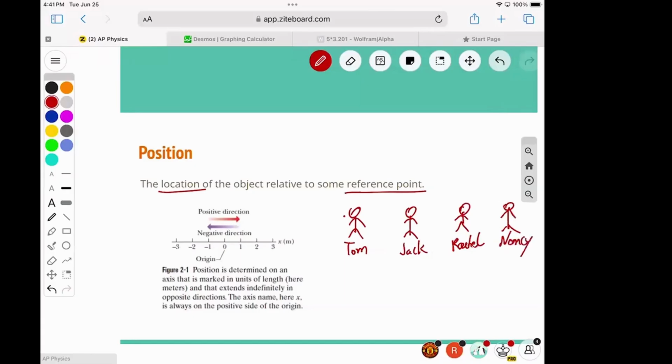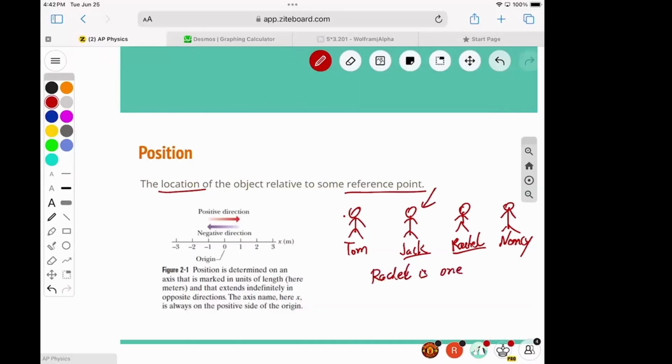So if I were to describe the position of Rachel from Jack's perspective, not from your perspective as the viewer, but treating Jack as the reference point,